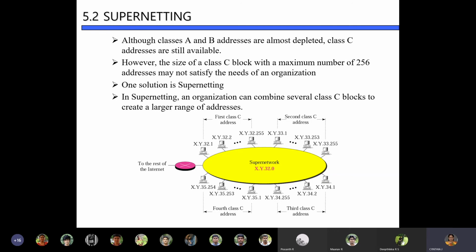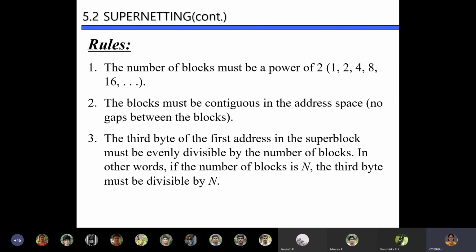I'm not able to accommodate all the hosts. Since I have 10 more systems, I would have to acquire one more class C address. So instead I go for supernetting. There are some default rules of supernetting, because you are going to change your IP address itself.